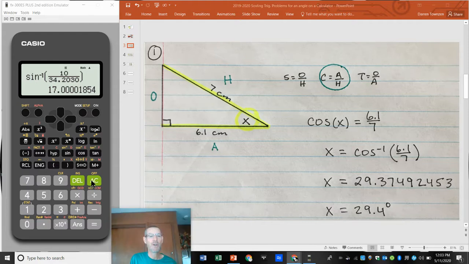So now when we go to the calculator, here's how I would put that in. Instead of just hitting the cosine button, I have to hit shift and then cosine. So I have my inverse cosine on the screen, hit the fraction button. On the top of the fraction, I put in 6.1. And on the bottom of the fraction, I put in 7. Then I'm going to use the arrow to get out from under the bottom of the fraction, close the parentheses, and when I hit the equal sign, I find out that this angle is